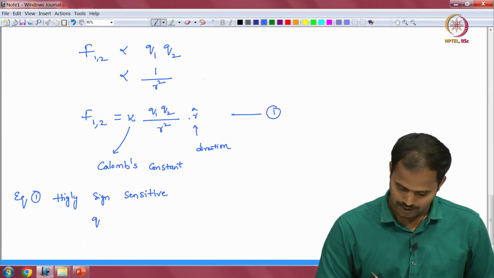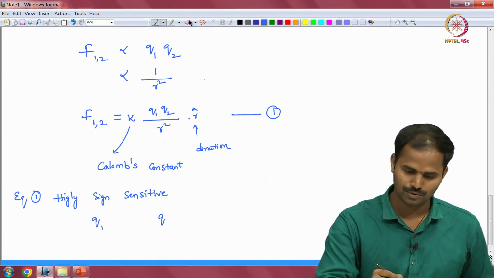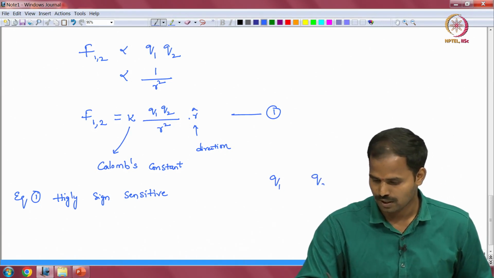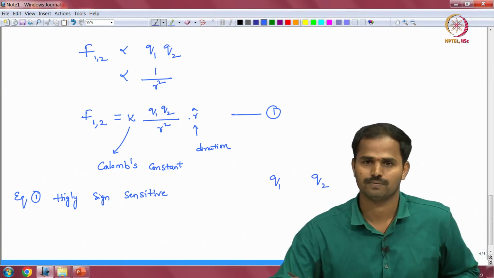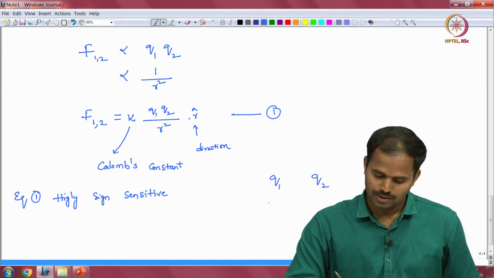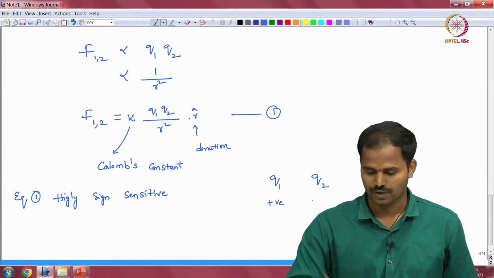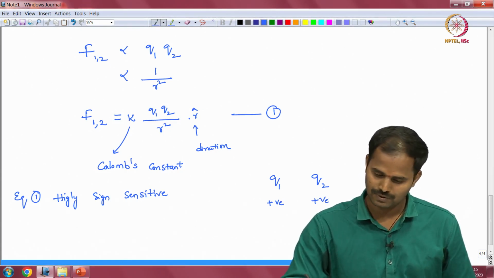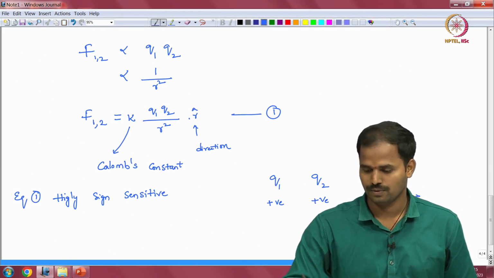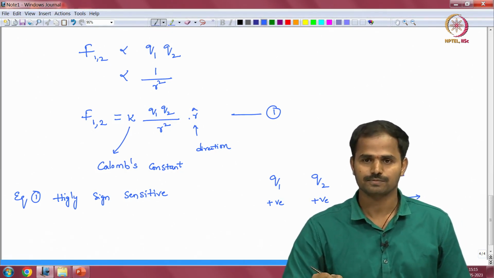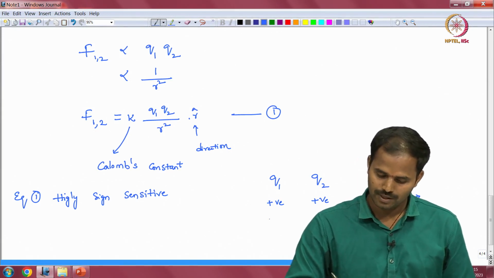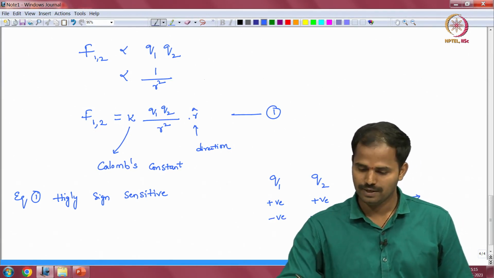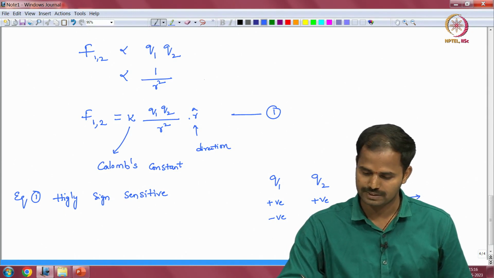If I consider charge q1 and charge q2 and the force here. If charge q1 is positive and charge q2 is positive, then the force is in the same direction of r, in the same direction. And if charge q1 is negative and charge q2 is also negative, then the force is in the same direction as r,